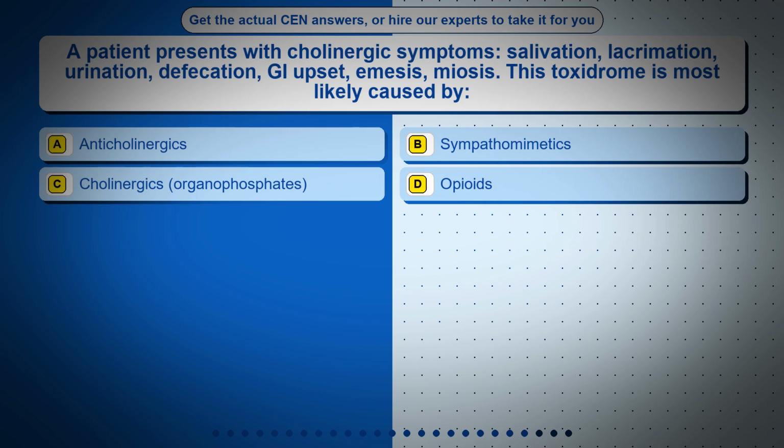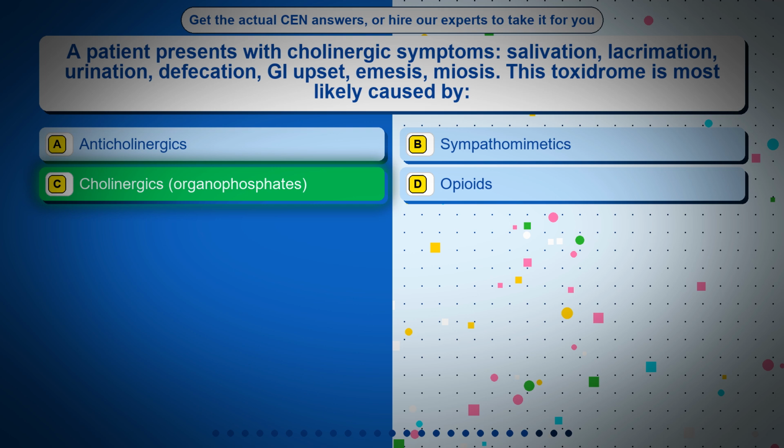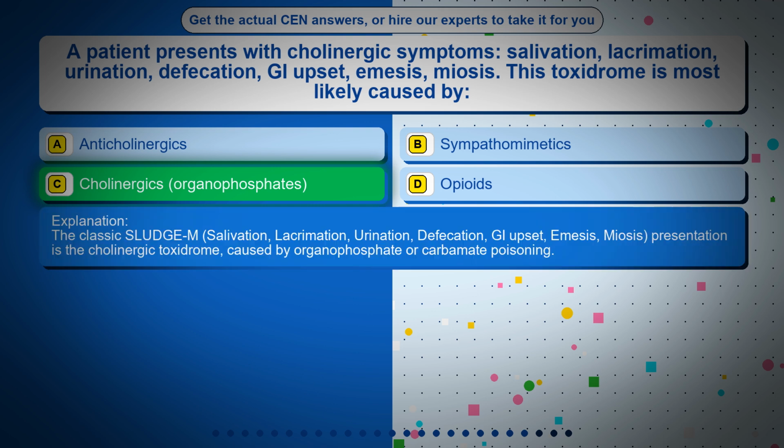Question 22. A patient presents with cholinergic symptoms: salivation, lacrimation, urination, defecation, GI upset, emesis, miosis. This toxidrome is most likely caused by option A, anticholinergics, option B, sympathomimetics, option C, cholinergics, organophosphates, option D, opioids. The correct answer is option C, cholinergics, organophosphates. The classic SLUGM presentation is the cholinergic toxidrome, caused by organophosphate or